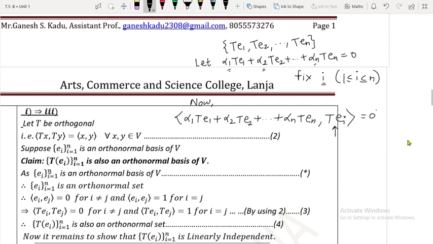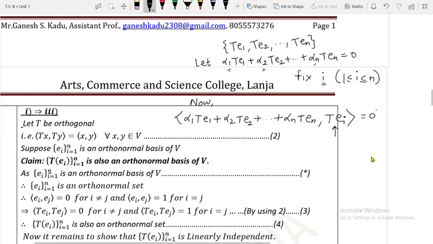So therefore what we are going to get is, okay, but just before that I will add one more step over here. आता बघा हा i actually काय आहे, हा i is a fixed value from 1 to n, म्हणजे त्याची किंमत जी आहे ती 1 to n च्या मध्येच आहे. म्हणजे ऍक्च्युली कुठेतरी इथे ती i येणार आहे. I in the sense what, we are going to get alpha i T of ei somewhere between this summation. Okay, so that term is also going to come here. फक्त ती टर्म मी तिथे लिहितो.